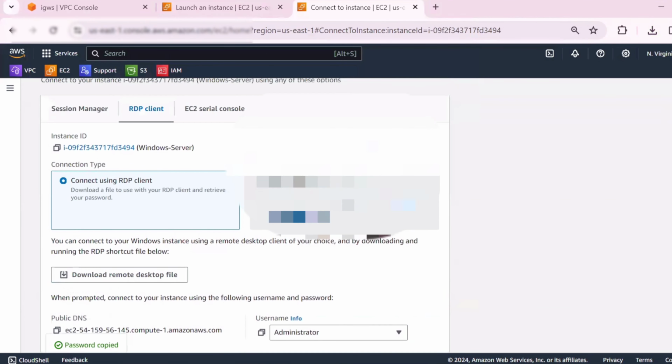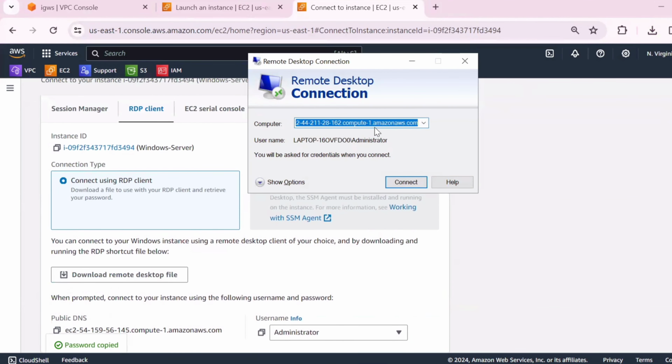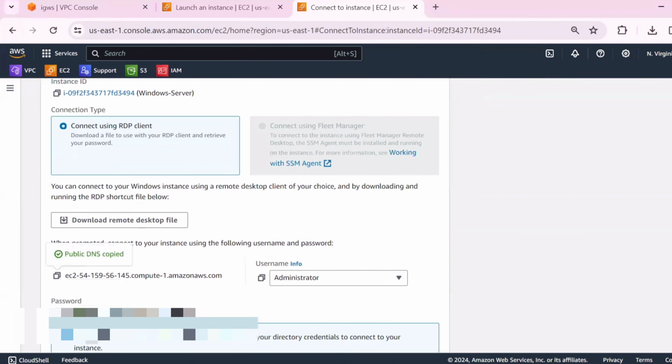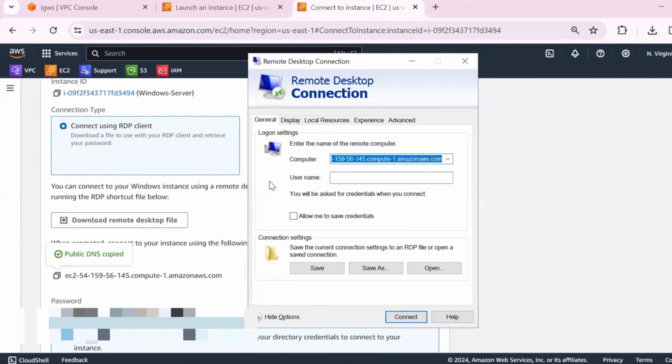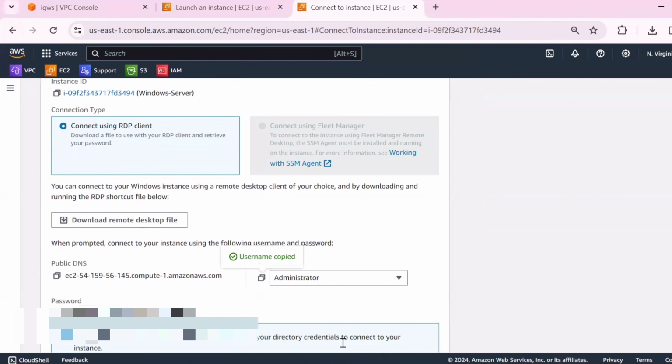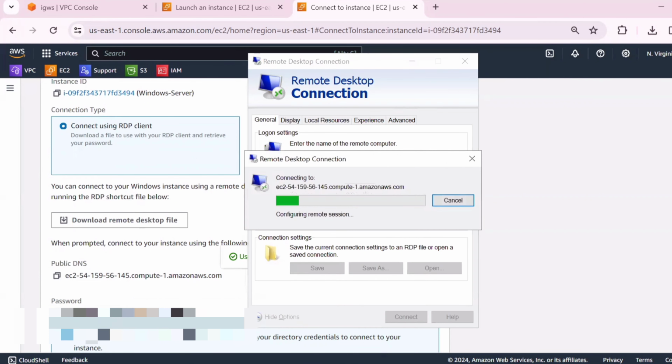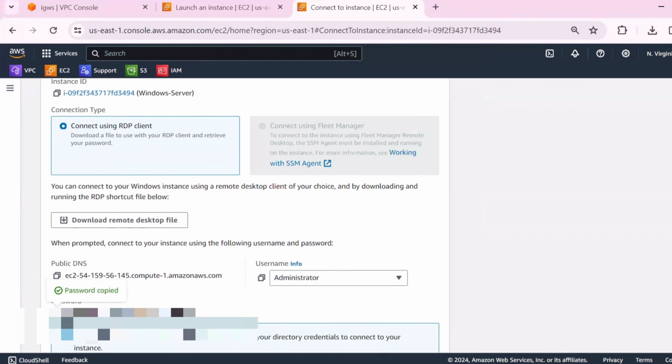So I downloaded the remote desktop file now. Just click on that, and here I'm copying and pasting the public DNS. Username is Administrator, and give the password, whatever password you have generated.